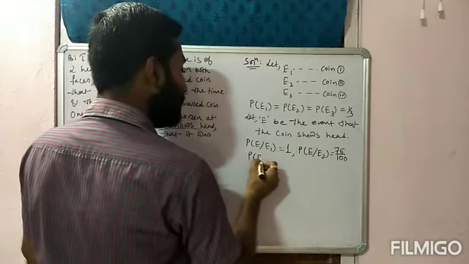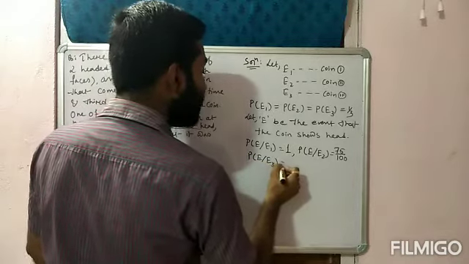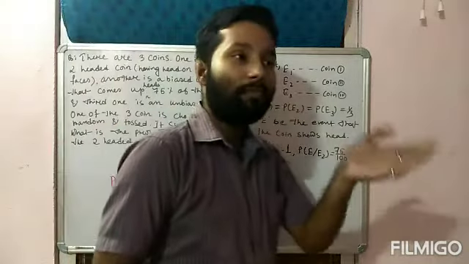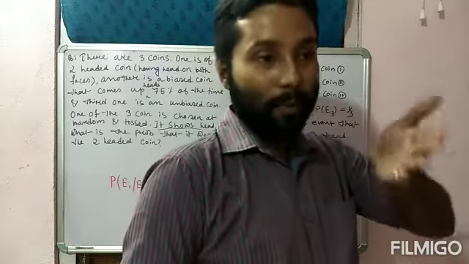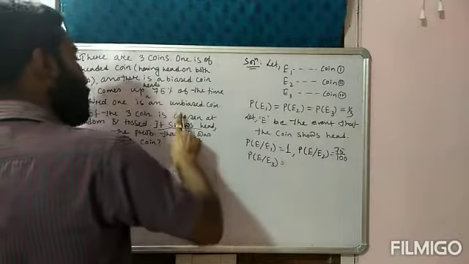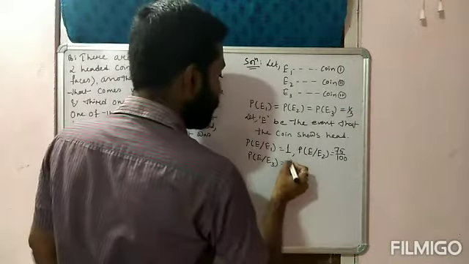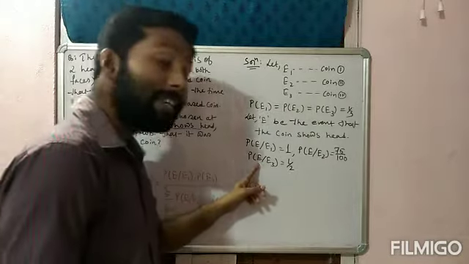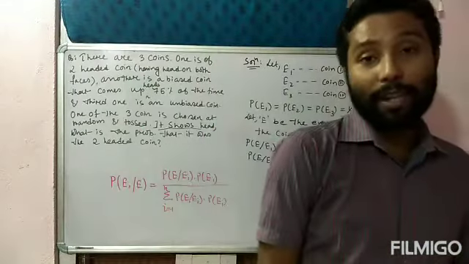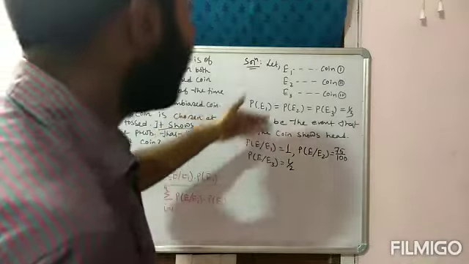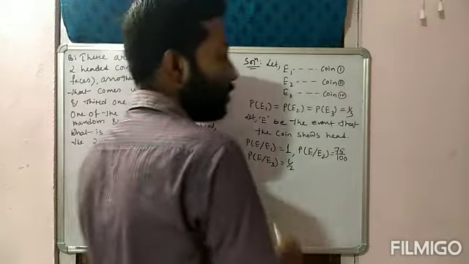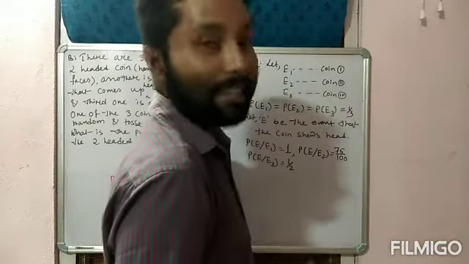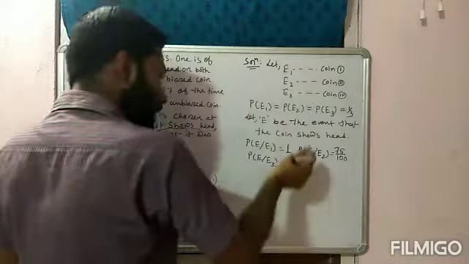And the probability of E slash E3. E3 means the third coin. Third coin कैसा है? It is an unbiased coin. That means one side head, one side tail. मतलब equally likely 50% 50% toss होता है. So unbiased coin, so the probability of E slash E3 is 1 by 2 only, because E represents head, E3 means the third coin. Since it is an unbiased coin, the probability is always 1 by 2 only, because toss करने से एक side head एक side tail ही आएगा. ठीक है? So now we know all the values.